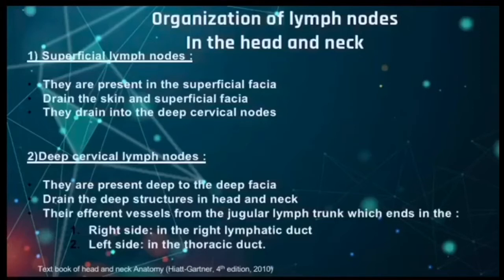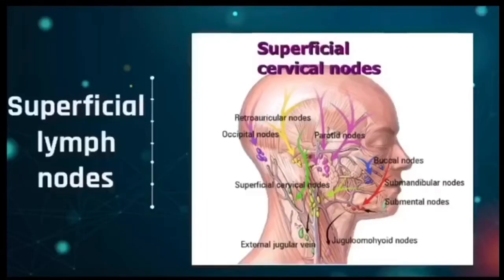The superficial lymph nodes drain into the deep cervical nodes, and the efferent vessels of the deep cervical lymph nodes, from the jugular lymph trunk, terminate on the right side in the right lymphatic duct and on the left side in the thoracic duct. This photo shows us the locations of the superficial lymph nodes in the head and neck, for example,